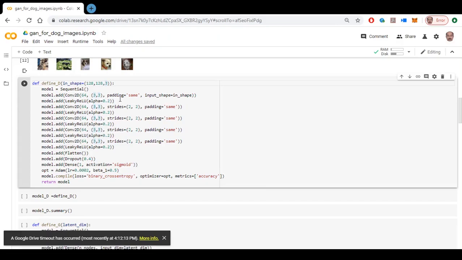And here the activation function I have used is leaky ReLU instead of ReLU with a slope of 0.2. This is the best practice which researchers found gives the best result for a GAN model. And then I added 4 hidden layers having the same settings, 64 filters and a kernel size of 3 by